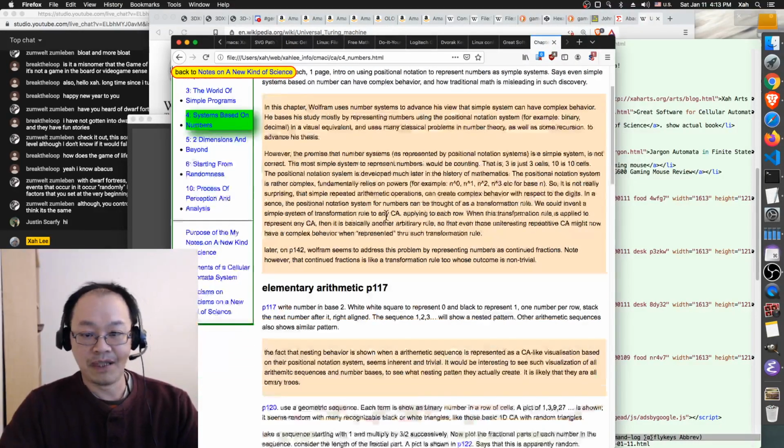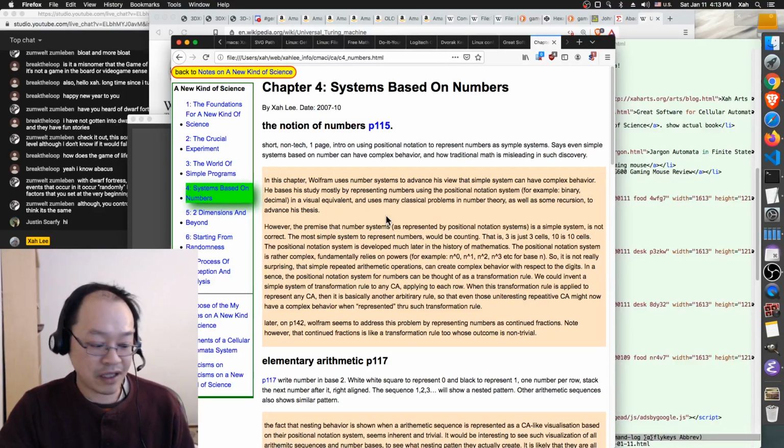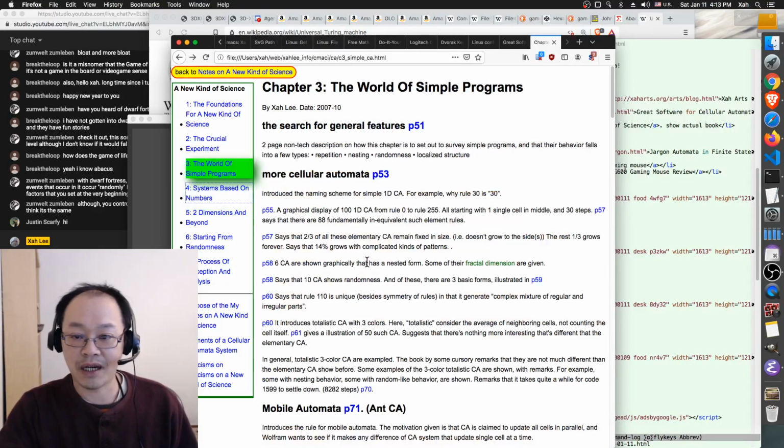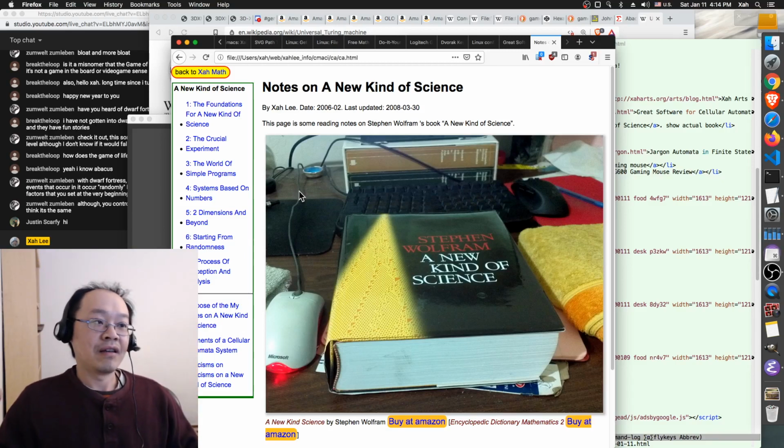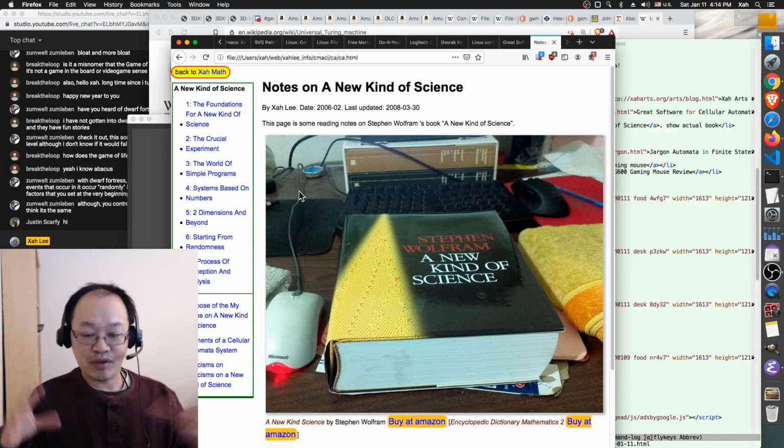System based on numbers. So anyway, this entire book is about cellular automata. And Stephen Wolfram, he happens to be a nutcase. He's a nut job. He's very into it. He believes that the universe is actually a cellular automata, and